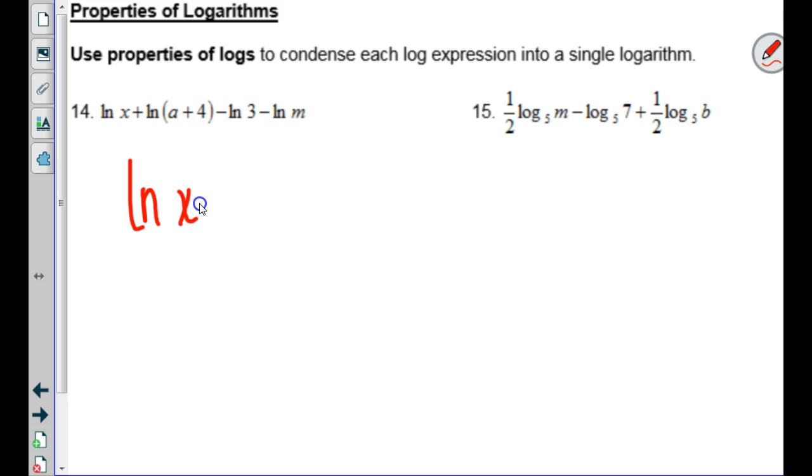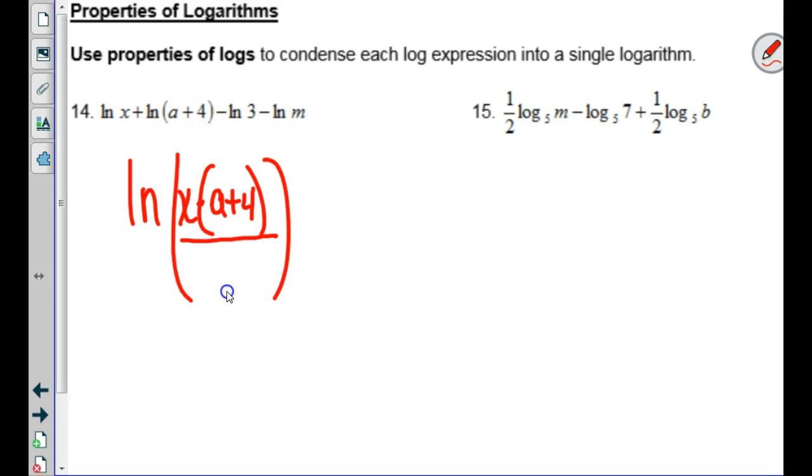X. Yes, times the quantity a plus 4 and just leave it like that. Divided by, oops, wait a minute. That's wrong. Okay, it's the log of, divided by,